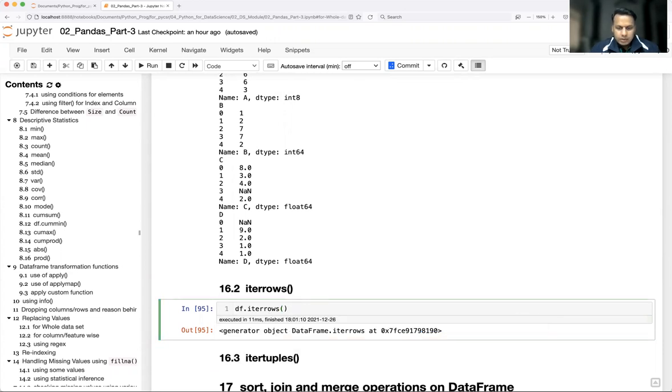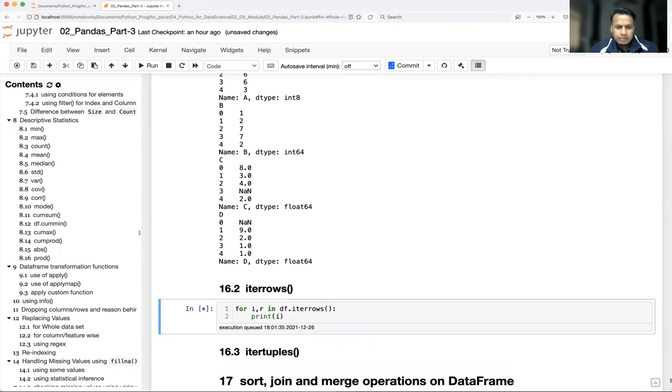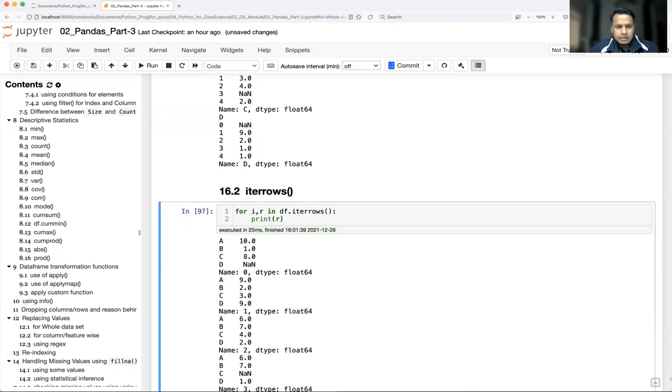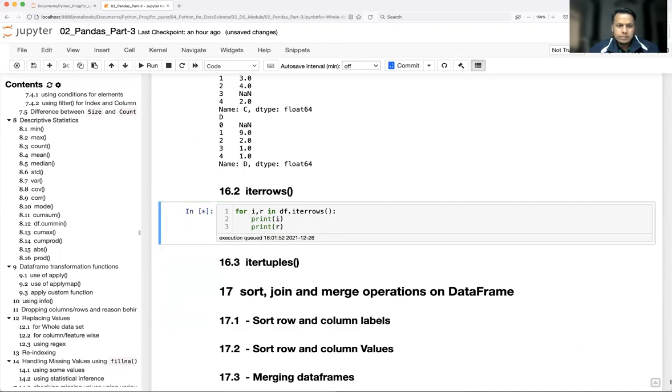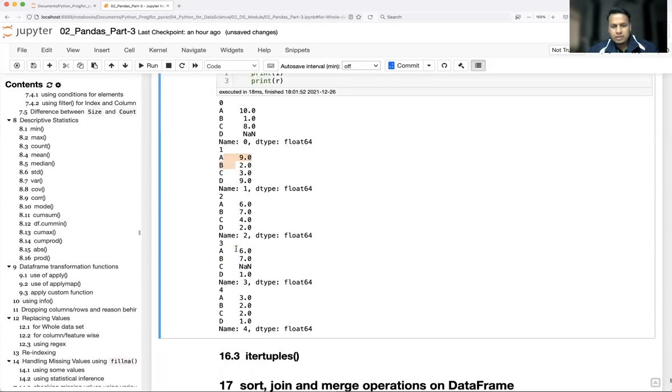So for each row, print index, that is 0 1 2 3, and print r, that is each value of the row for the given column. Similarly, if you want to print index and row: for the 0th row, I have these values for each column. For the first row, I have these values for each column, and so on.